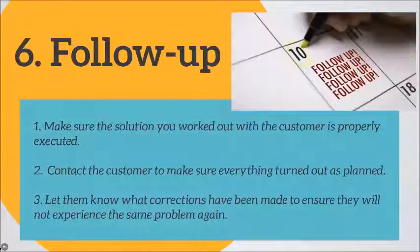And last, of course, is follow-up. Make sure that what you planned was properly executed. In our world, there's a lot of moving pieces, a lot of different parties that get involved. And if it's a complaint that we took, we want to see it through to the finish and follow up, whether it's with the parties involved that are fixing it or directly with the end customer. Make sure that you follow up. And then at the end, make sure the customer is happy. If you're the one who took the complaint, even if other people solved it, call them back and see if it